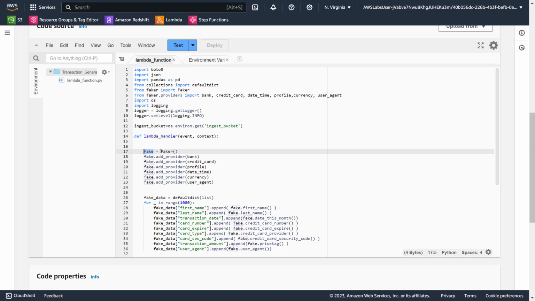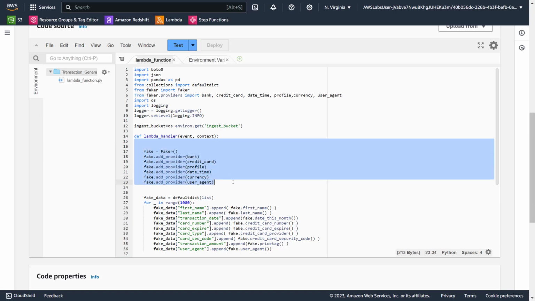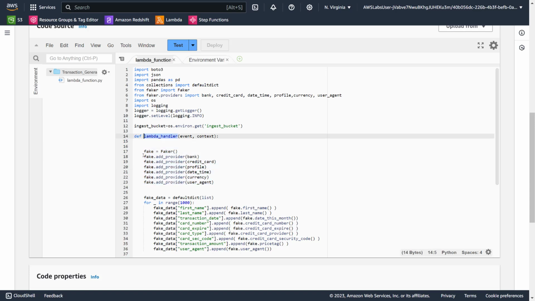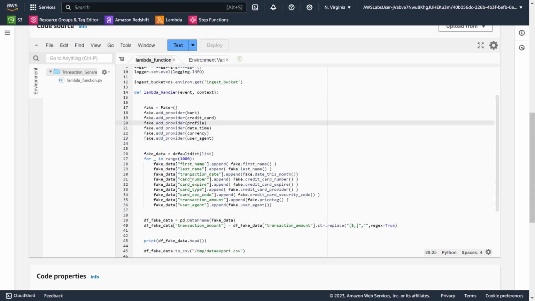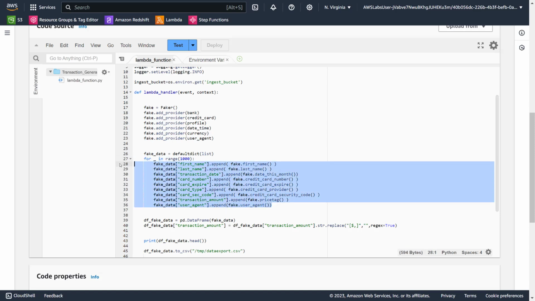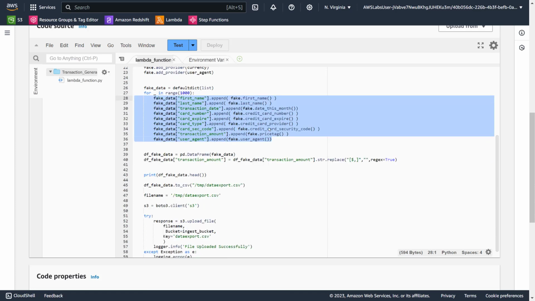Okay, we already used the Faker module in the previous project to create fake data, and they are going to use it here as well. And once again, lambda_handler will be executed when you run the Lambda, and whatever is under this function will be executed. So they are creating, I think, 6 columns, more than 6, I guess. First name, last name, they are getting fake names from that module. They will populate the file with these columns and fake data.